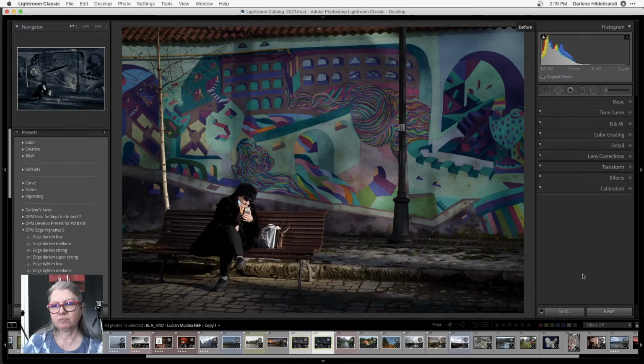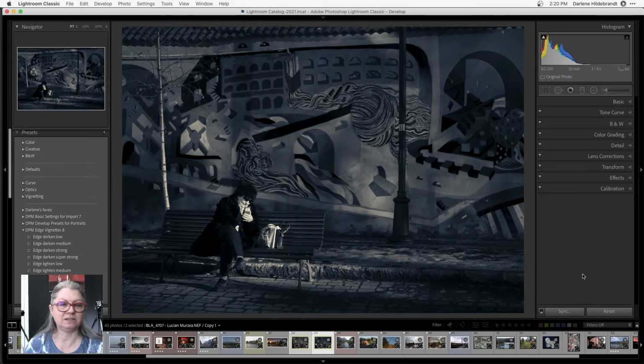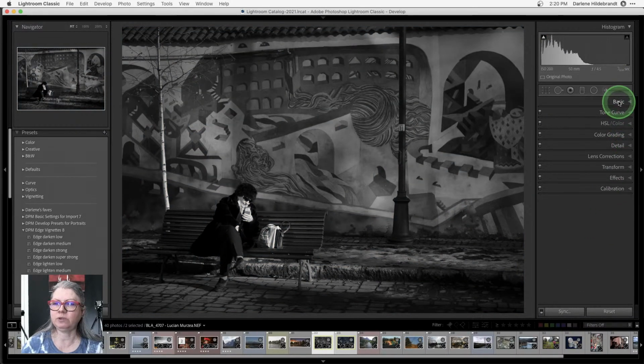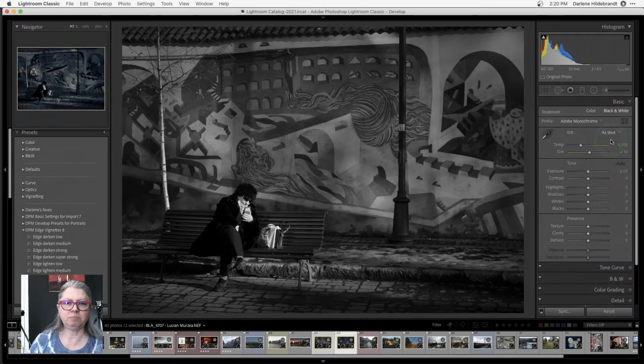If I was doing this in Luminar and did the black and white conversion, I could mask it so that it was only partially black and white, or I could have some of the colors show through. It's very difficult to do that in Lightroom. I have very minimal adjustments that I could do to do what's called selective color or a faded color. You can just lower the saturation a little bit, that's all.